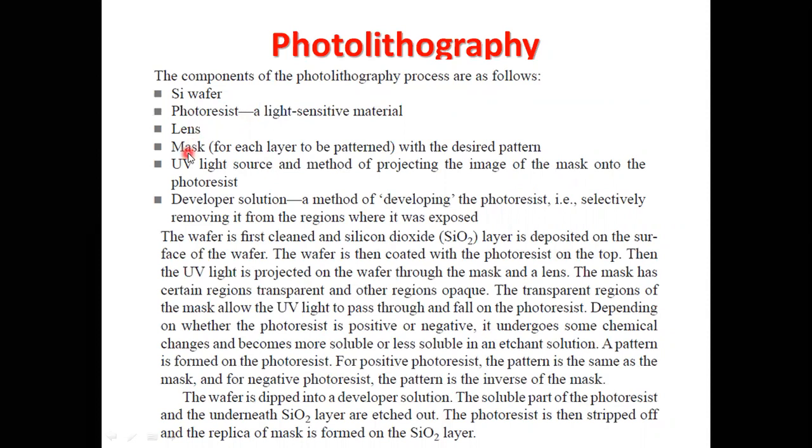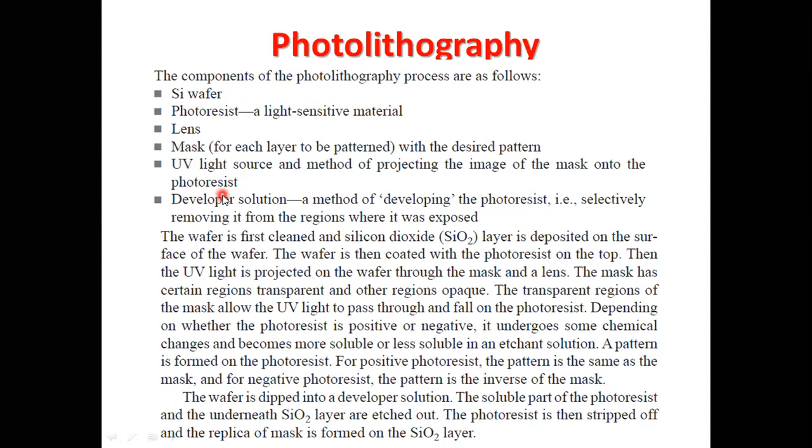The mask, for each layer, is patterned with the desired pattern, which gives the outer shape of the circuit. Next is the UV light source and the method of projecting the image of the mask